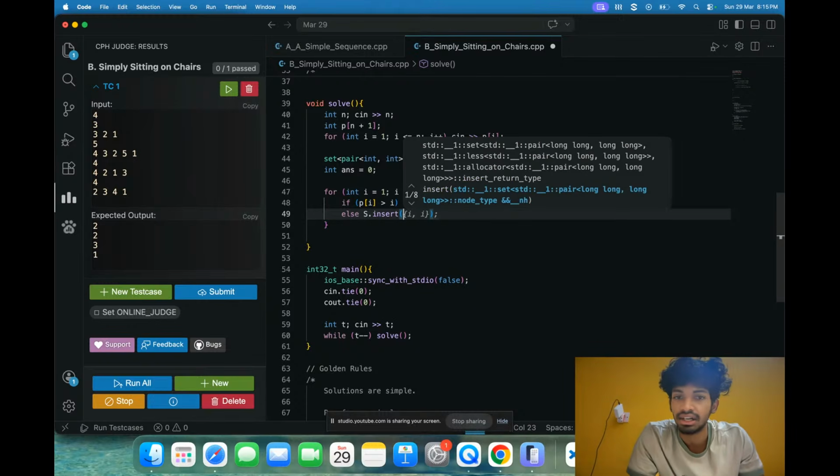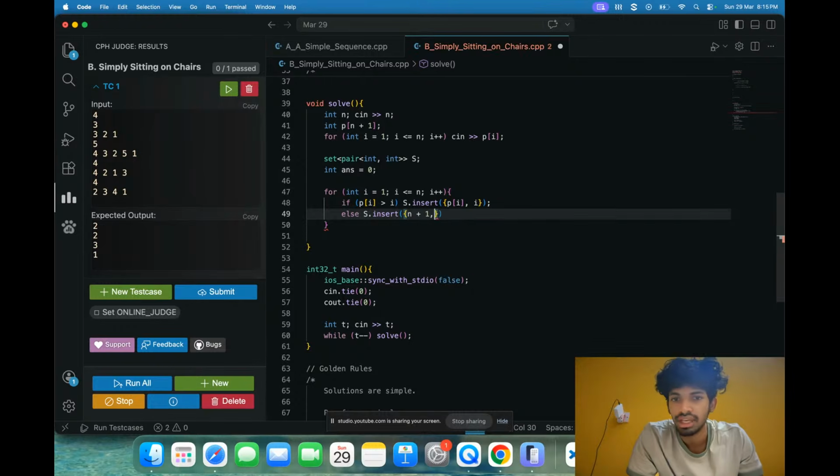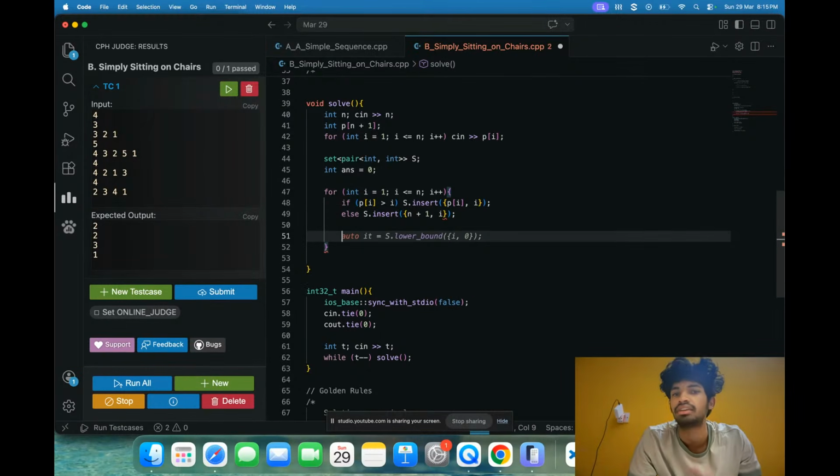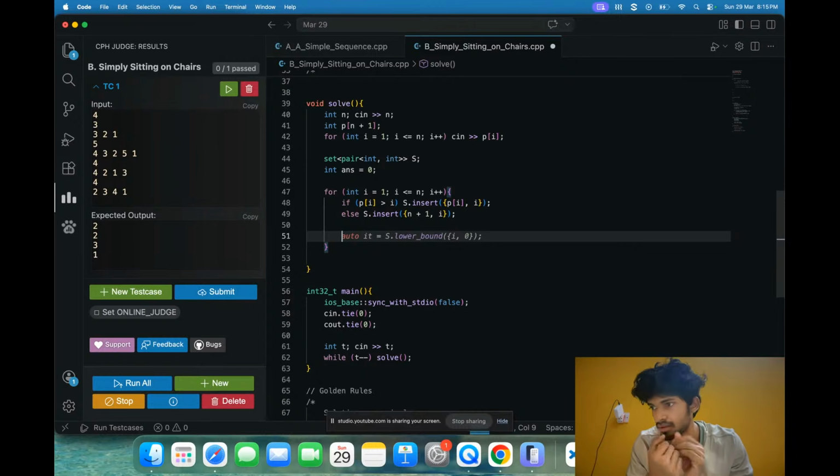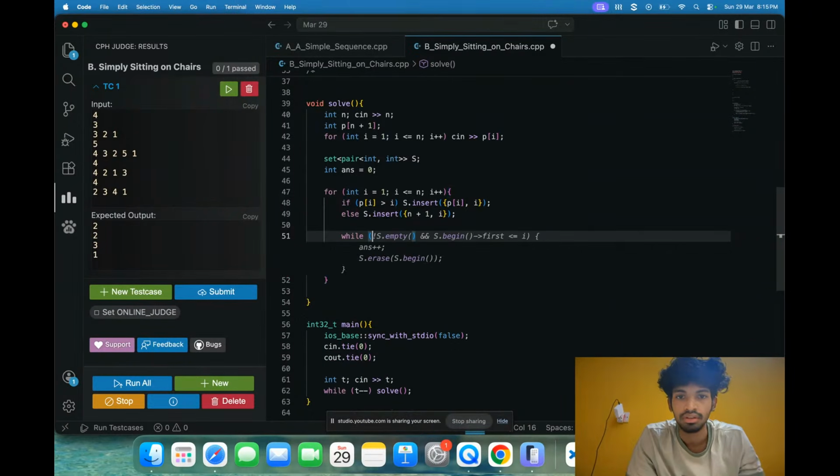Else you will insert (n+1, i), let's say, which will never be removed. Okay? Which will never be removed. And then we have to remove everything that is less than i, because that is not achievable till here, because for this x that's not achievable. If we touch that, it will be gone. Okay, while